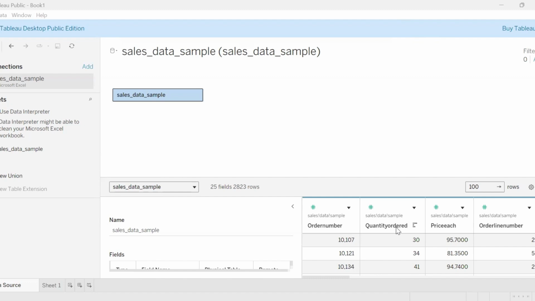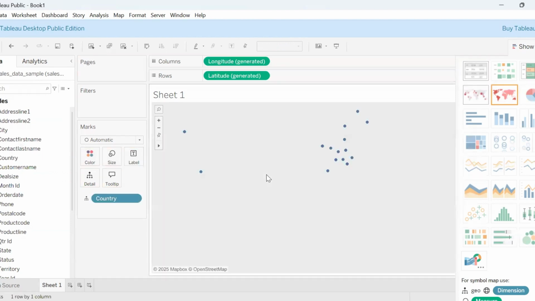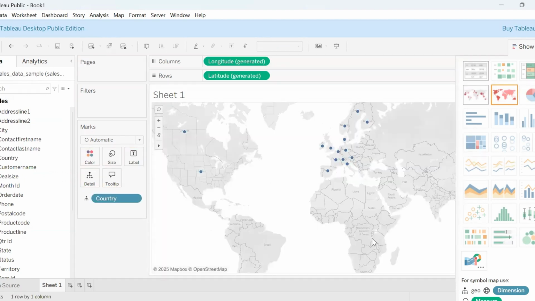This is the same data set that we used in the last video, the sales data set. I will go to sheet 1 to start building my chart. In general, if you have a data set with fields that contain geographical areas, you can build a map chart. In this data set, I have different regions like country, city, and others. If I just drag the country and drop it here in the workspace, you can see the map now, and there are small tiny circles. These are the countries that are included in my data,